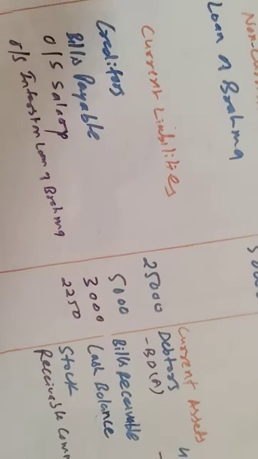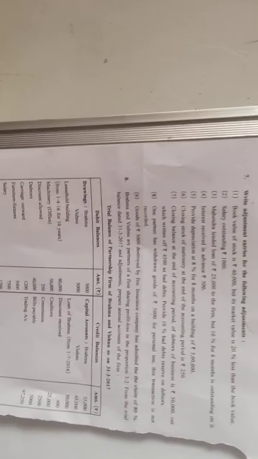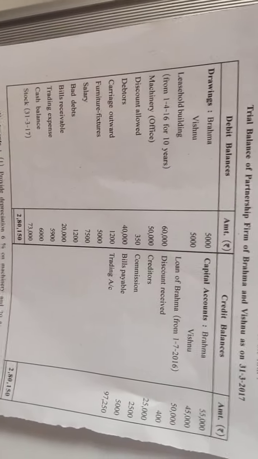Another effect of this, as it is an outstanding salary, will be considered an outstanding expense, that is a liability. Which liability? The current liability. And here it is outstanding salary rupees 3,000. Okay, so we have finished with the adjustments. Now as we have seen in the 11th standard, sometimes we find some adjustment itself in the trial balance. Here also a few adjustments are hidden in the trial balance.